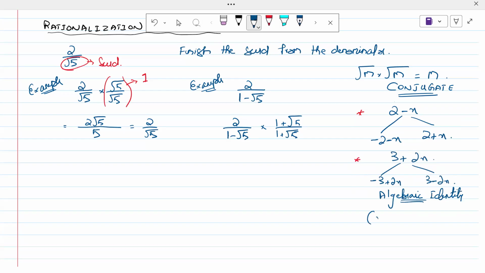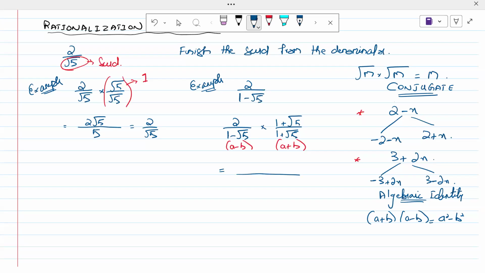Which is a plus b into a minus b, and that is always equal to a square minus b square. So here again in the denominator you see that we have this as a minus b and this as a plus b. So a minus b times a plus b always results in a square minus b square. So in the denominator,